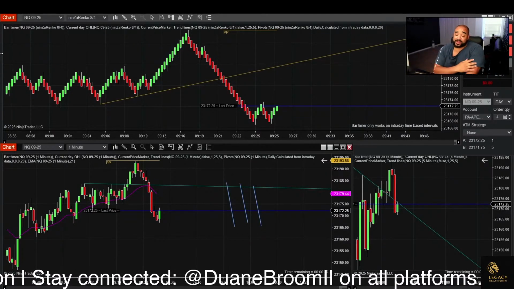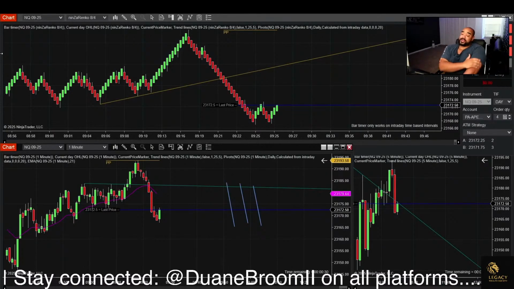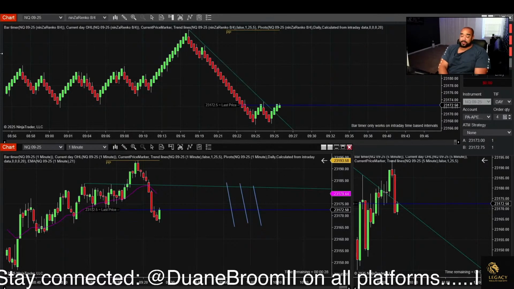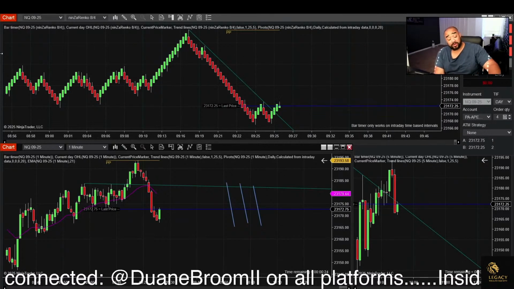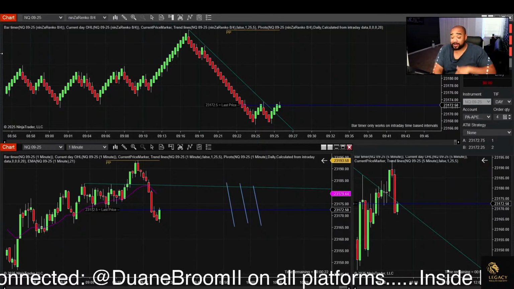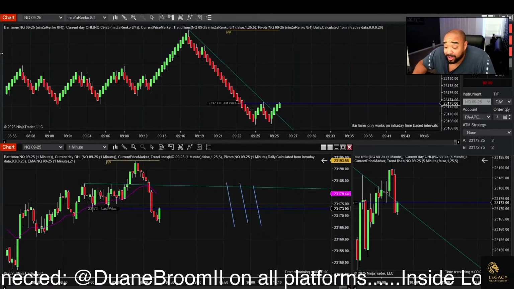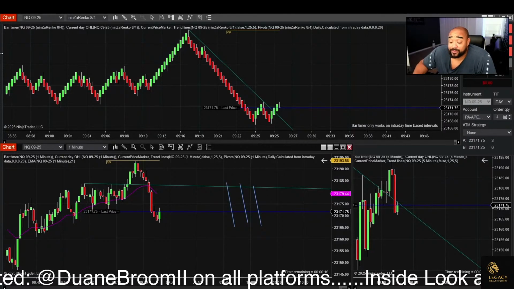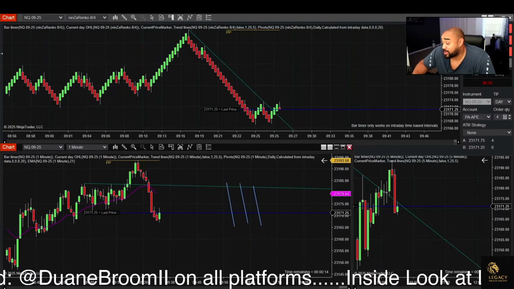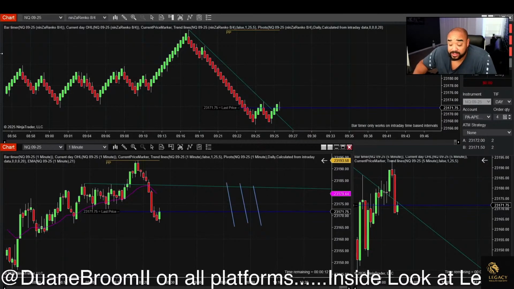Still having my connection issues with my Tradeify and Take Profit Trader accounts, but I do have funded accounts with Apex, so I'm going to be trading those until 10 o'clock, because I found out 10 o'clock's when Tradeify and Take Profit's server refreshes, so I'll be able to get on and trade those accounts at that time.